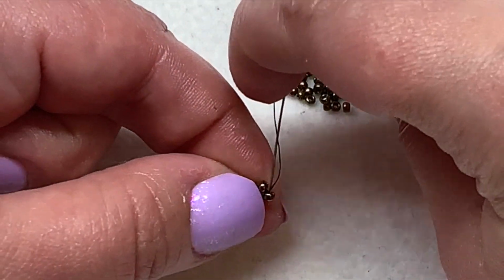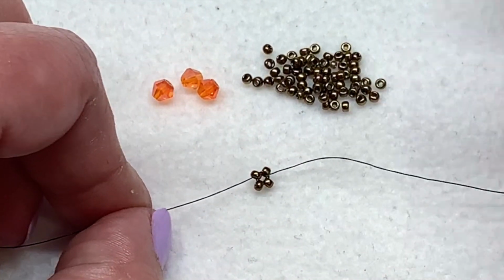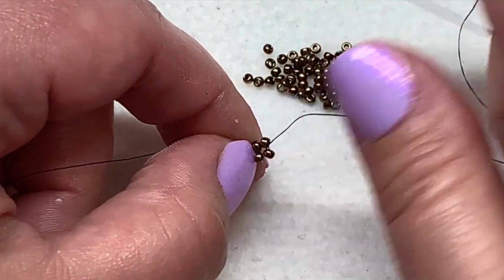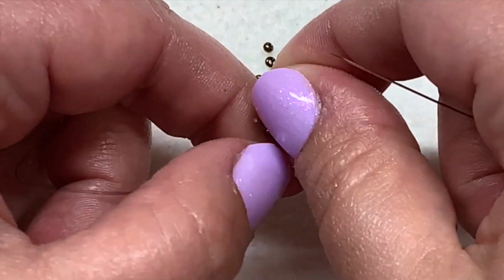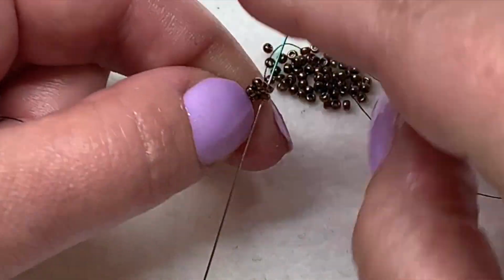And then let's just sew through the very next bead. And what we're going to do now is just pick up another 11/0 and sew directly through the next one and do that 3 more times. So do that all the way around, pick up an 11/0 and sew through the next one